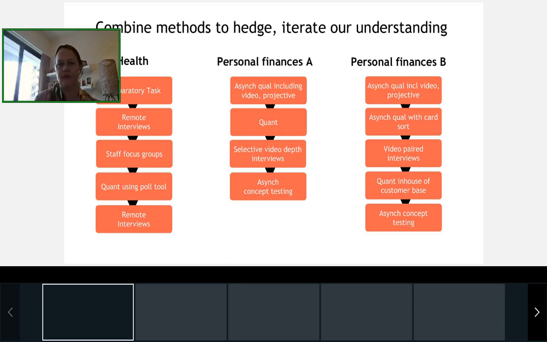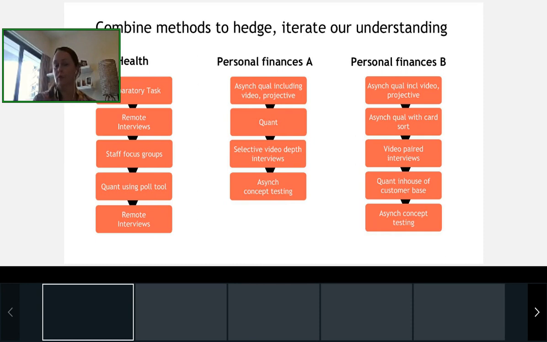The first project was a deep look at health. So it's around how people think about health. It's about how health insurance works for them, about how using health insurance is working for them, and bigger picture health issues. So in that particular project, there was not one method. There were multiple methods. So we talked to people first during preparatory tasks, which might involve them sharing with us some answers to specific questions, some pictures, some projective techniques, and so forth.